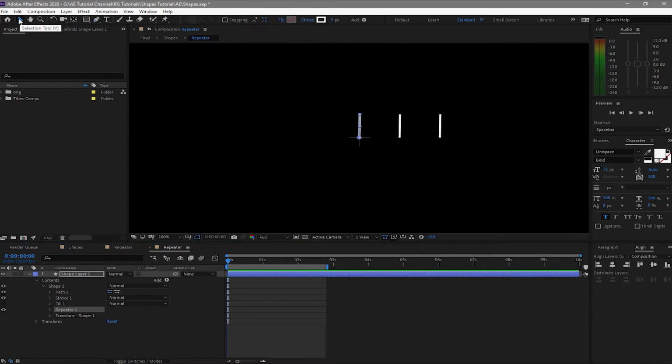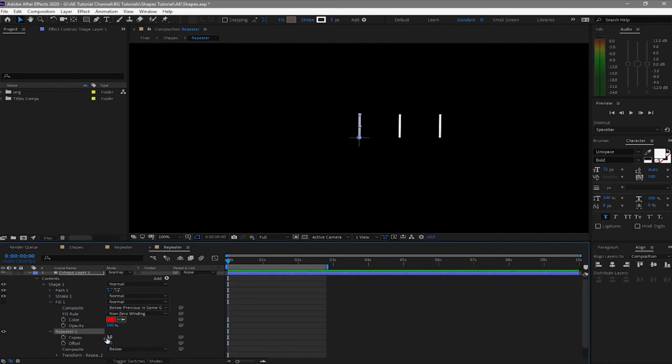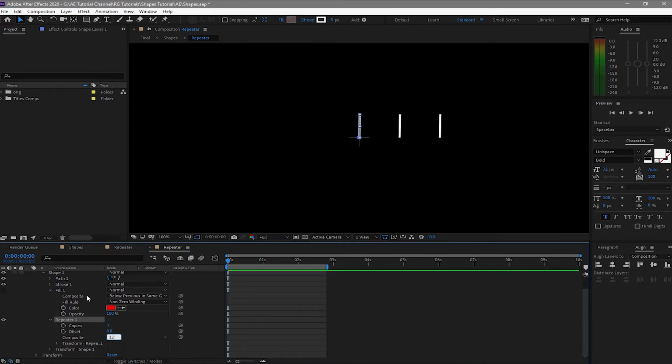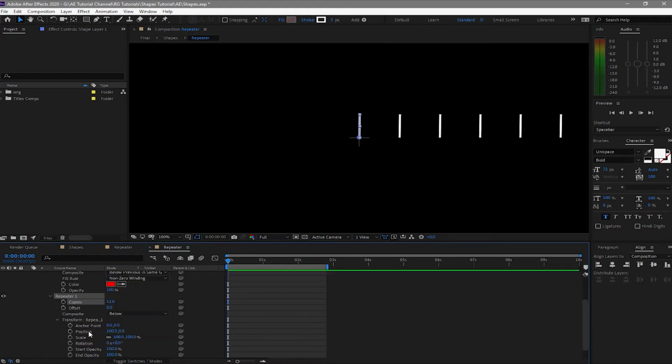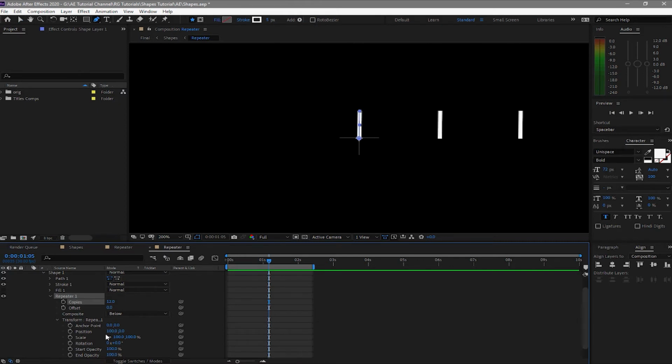You will see there are already 3 copies of your lines. All you have to do is just again click on the repeater and then make a change in your copies. Me, I want to change it to 12 copies. And then go to transform, repeater 1, and change some of the figures in here. I will change the position X to about 0